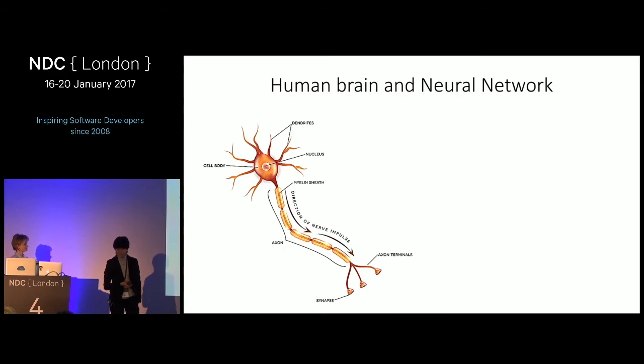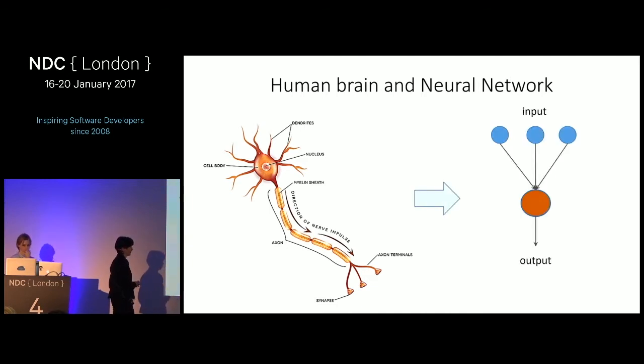So the basic idea is very simple. Get a signal, process it, and send it or not to other neurons. And that would be an abstract representation of a neuron. Get a signal from other neurons, process it, send it on. Each neuron can be connected to up to 10,000 other neurons. So that means that neurons are communicating to each other via over 100 trillion synaptic connections. And 100 trillion synaptic connections is equivalent to a computer with an exaflop processor. This is inside each of your heads, running on almost zero electricity.